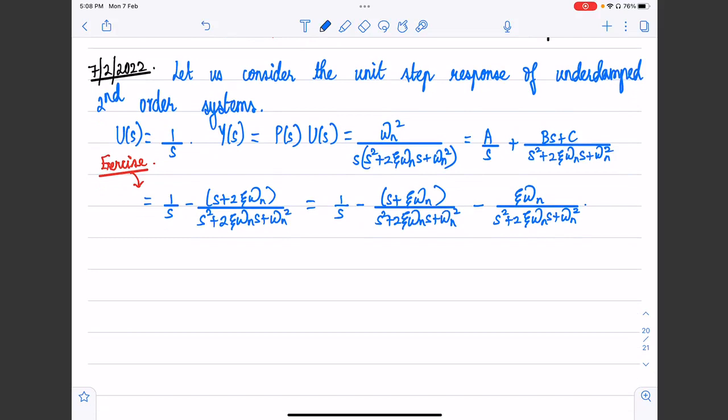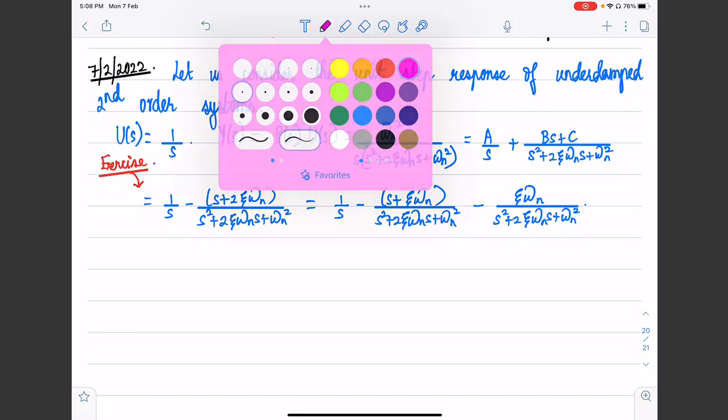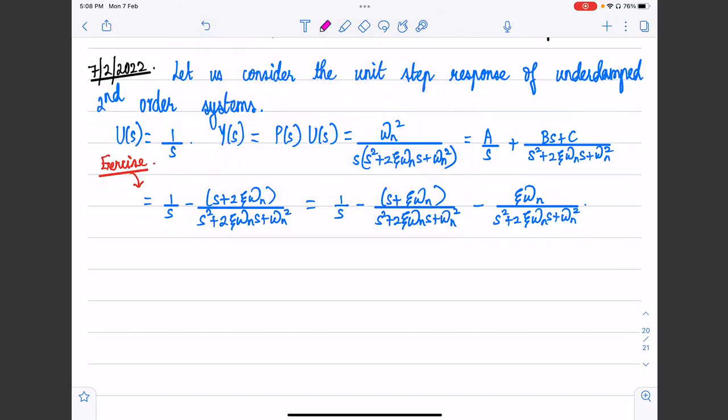Now we are going to do something interesting. Essentially we're going to do what is called completion of squares in polynomial theory, particularly when we deal with polynomials that are going to have complex conjugate roots. So let me tell you what this is. I'm just considering the polynomial in the denominator, which is s squared plus 2 zeta omega n s plus omega n squared. Since this can be written as two